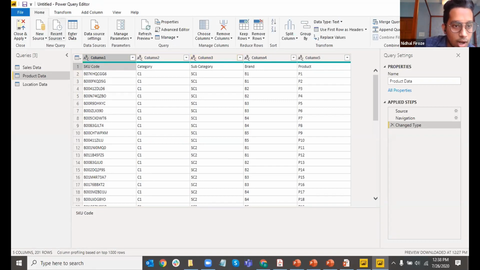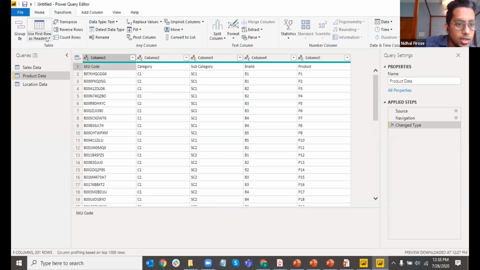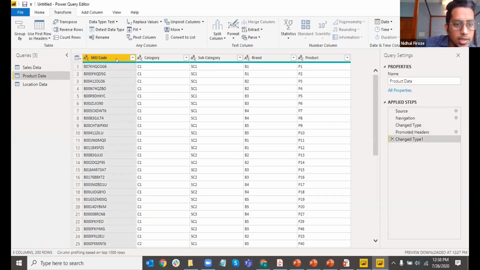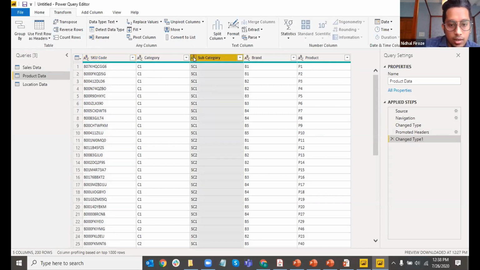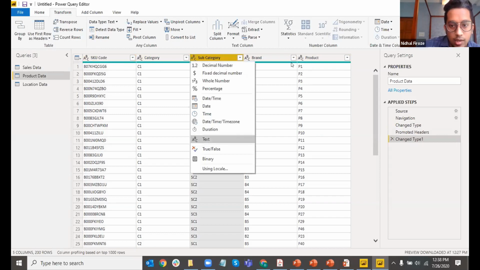So what I'm going to do right now is promote this as headers. How can I do that? There's an option in transform where it says use first row as headers. So I'm going to use first row as headers. And what happened is I find that now it is promoted to headers. Just like you remember how you saw it yesterday, there are these 2 steps that got added. One is, the headers were promoted, and by default, when a header gets promoted, it changes the data type into what it should be. So all of this is ABC or alphabetical. ABC is technically text data type.